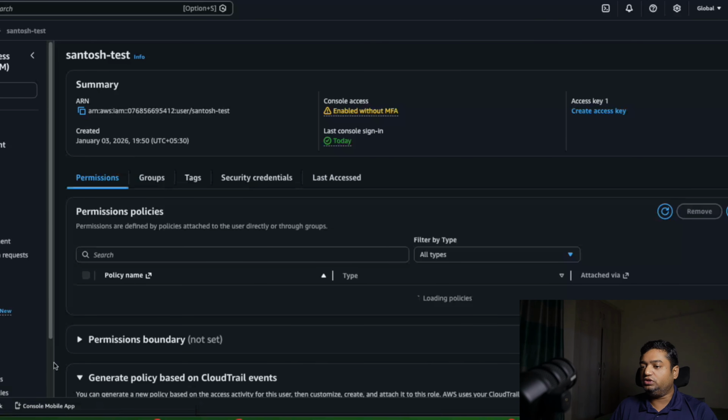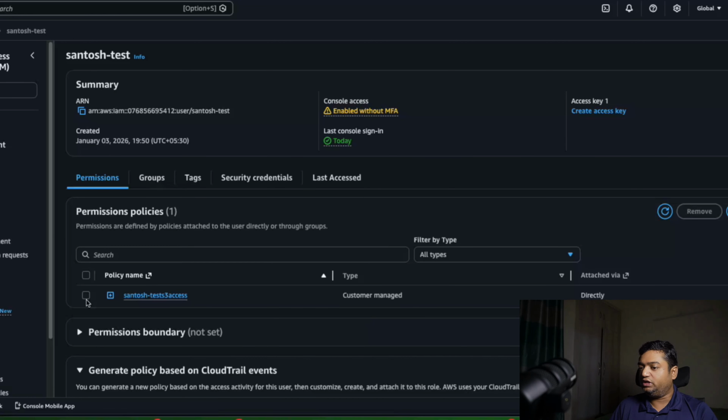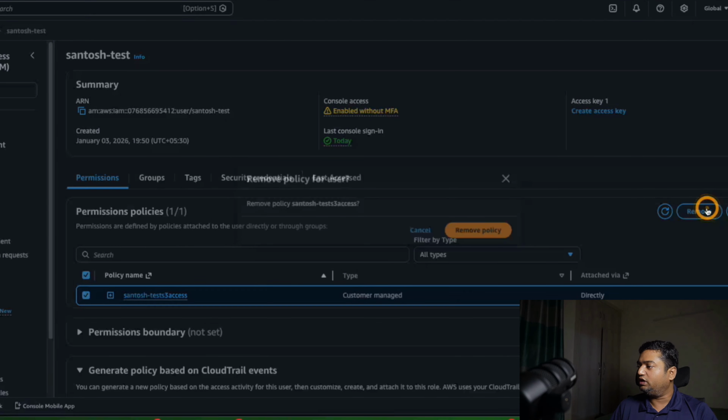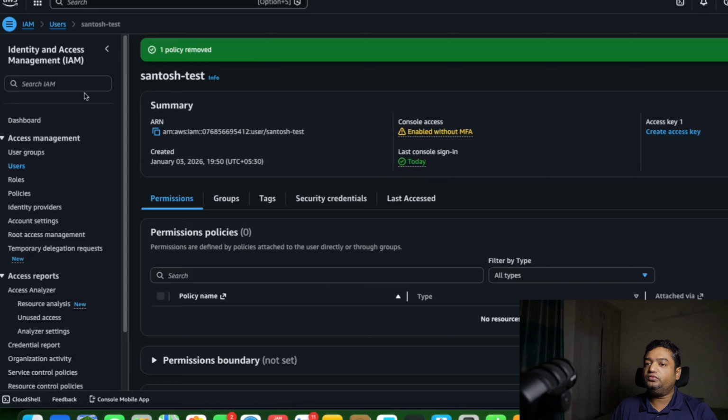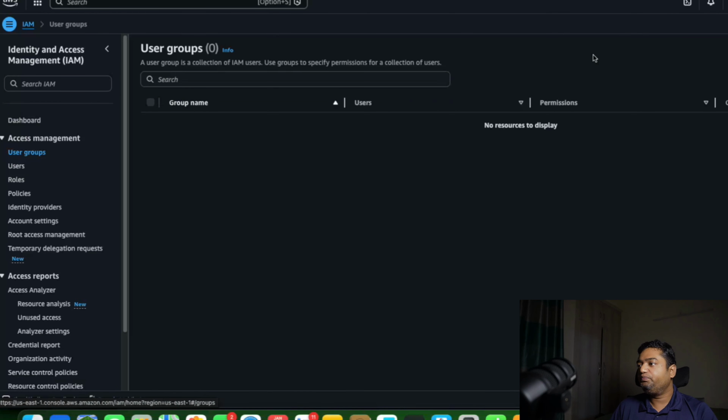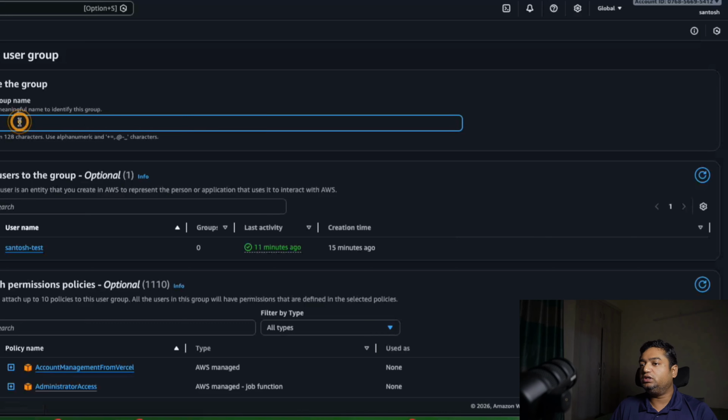I'll click on user. So there one policy has been attached. So I'll click on this. I'll remove the policy, remove policy. Yes. Okay, policy has been removed. Now I'll go to the user group. I'll create a group. Okay, the user group is